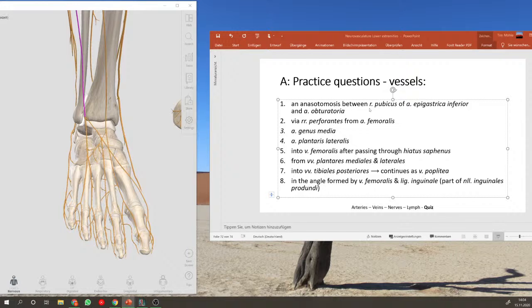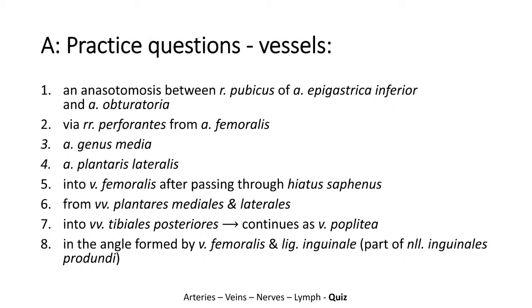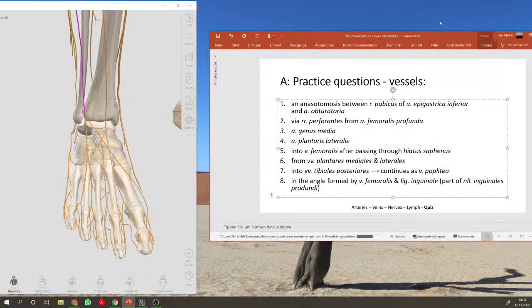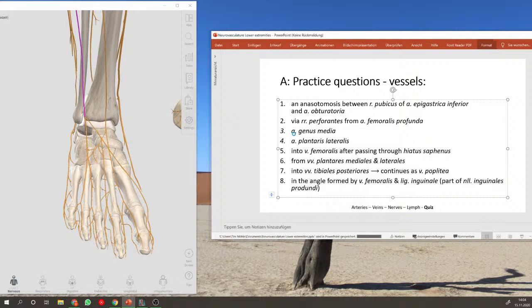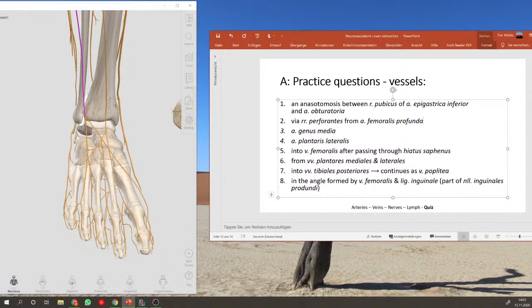What is the next question? So the posterior compartment of the thigh is supplied via deep perforating branches from arteria femoralis profunda. It was already late last night when I did this, forgive me. So, arteria femoralis profunda, perforating branches. And the supply of the cruciate ligaments and the menisci is through the middle plantar artery. Yeah, so arteria plantaris, arteria genus media, and